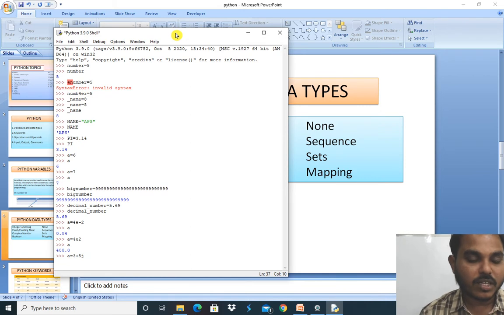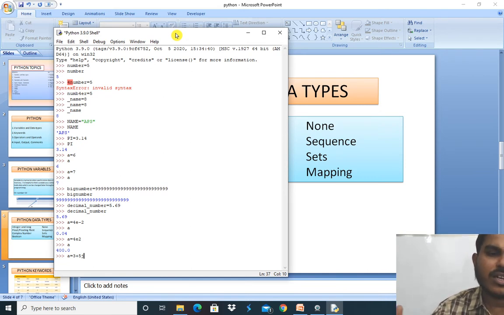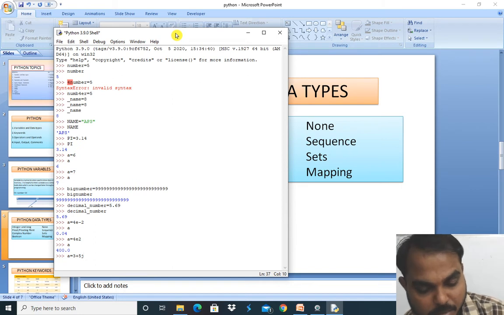Here j is the imaginary unit. Most languages use i as the imaginary unit, but Python only understands j. Whenever I write j in combination with a number, it is imaginary in Python. So I have passed a as 3 plus 5j. 3 is the real part here and 5j is the imaginary part.